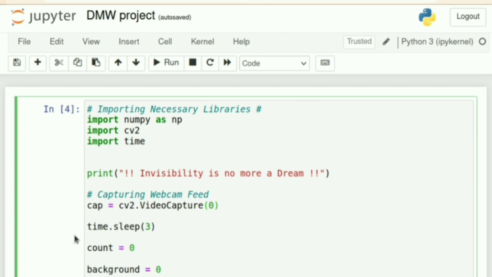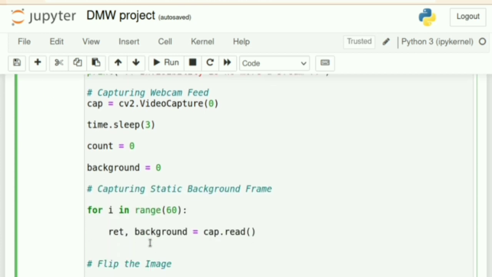Whenever the camera opens, it requires some time to clearly identify the background. So for that we give a sleep time of 3 seconds, so that for 3 seconds it will completely capture the background. And these are the counters, count and background. These two we will require.